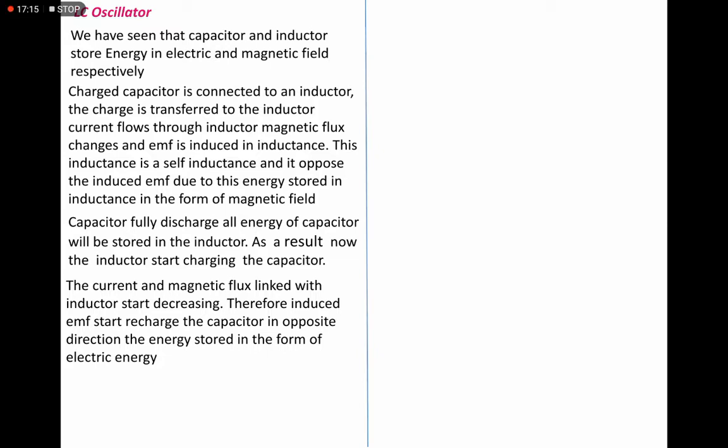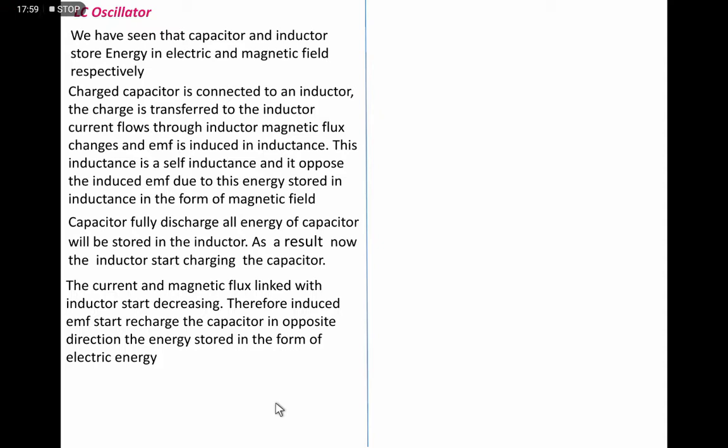Now the next step is that the charge starts to flow from the inductance to the capacitance, but in the opposite direction. When the inductance is charging, the current is in the clockwise direction, but when the charge flows from inductance to capacitance, it moves in the anti-clockwise direction. So the charges from the inductance move to the capacitor and are stored on the plates of the condenser. The potential of the condenser goes on increasing, and the charging of the capacitor starts.